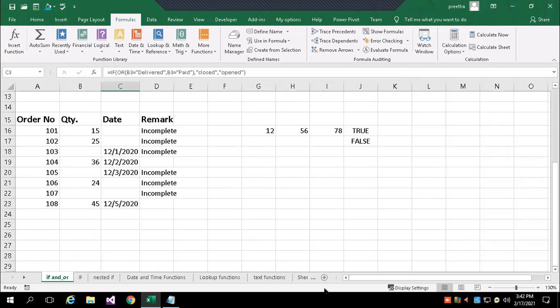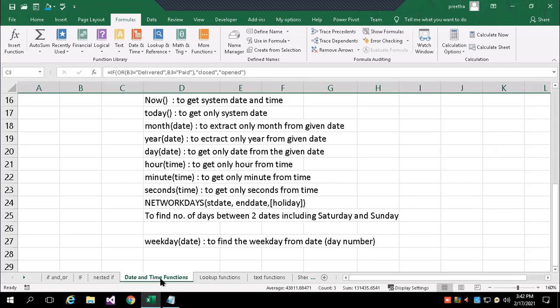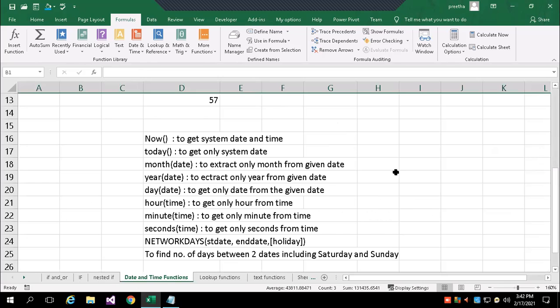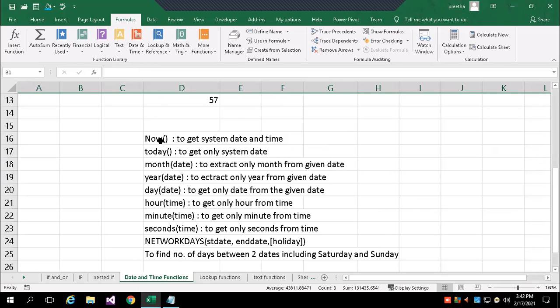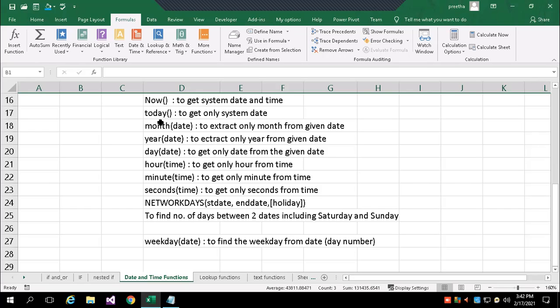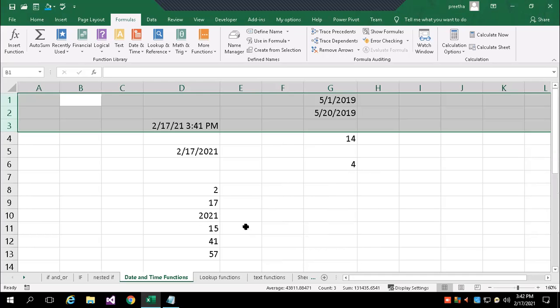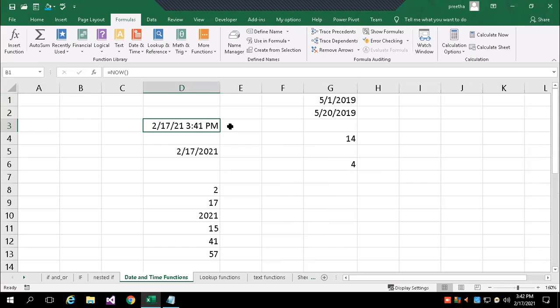Okay. So this is about logical functions. Next, the simple function, that is working with the date and time. Here there are functions which return system date and time, that is NOW and TODAY. From the date, I want to get only the month portion, or only the year, only the day, or only the hour, minute, second. Then you can see NETWORKDAYS also. So for example, you can see here,